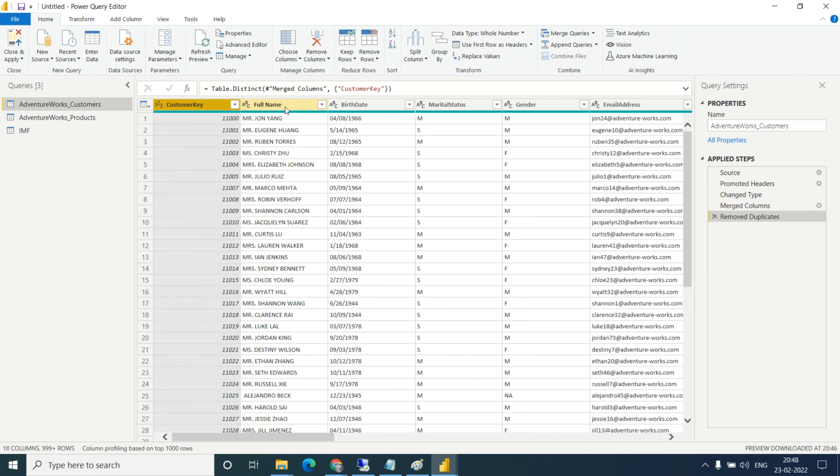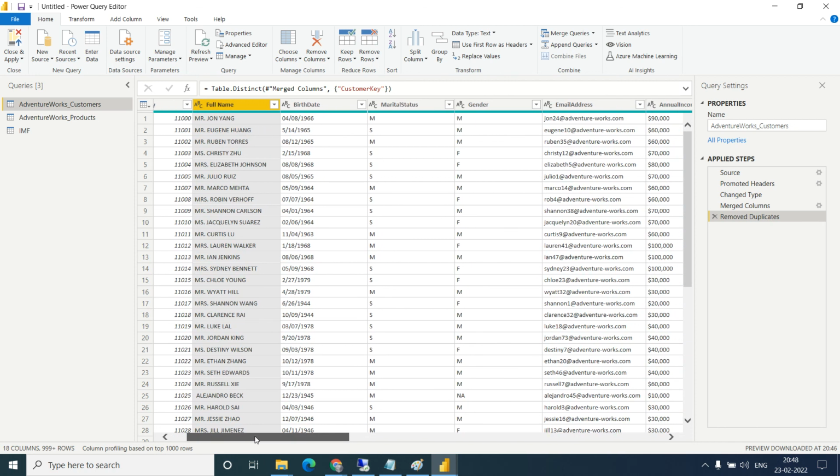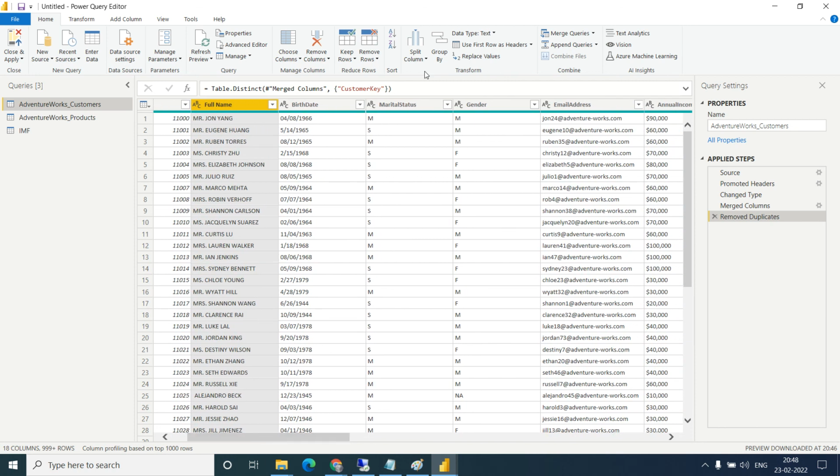Now you have full name here, right? Let's see the split. What is the use of the split column? I want to extract these 2 things. I want to extract the value before the delimiter into one column, and the remaining should come into the other column. How will we extract this? We will extract this using a split.